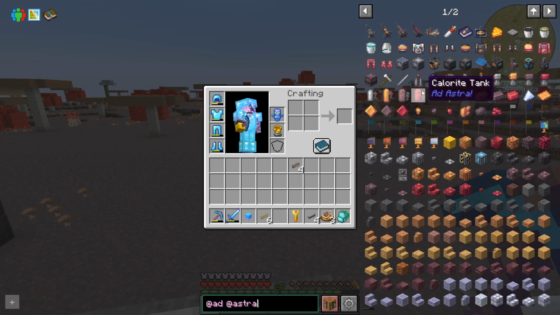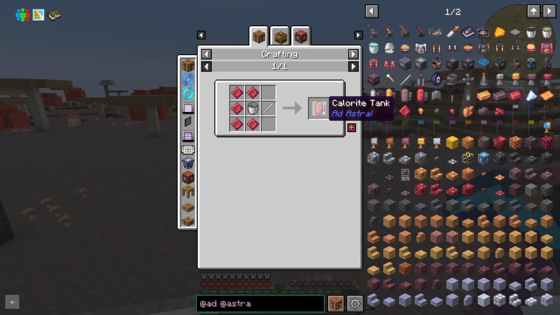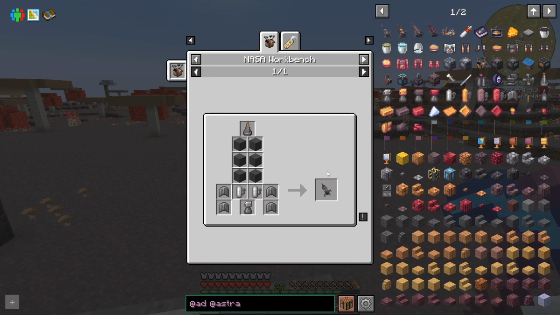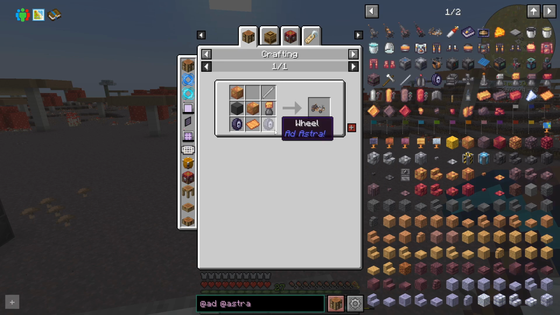Here we can plant flags. Colorite. I thought it said calorie tank. I thought it was a food thing. Yeah, so I know very little about this mod. I know there are like tiered rockets. This reminds me of Galacticraft a little bit. It's not like Advanced Rocketry where you get to construct your own rocket out of blocks. And yeah, it's very much tiered, and we've got like a rover and